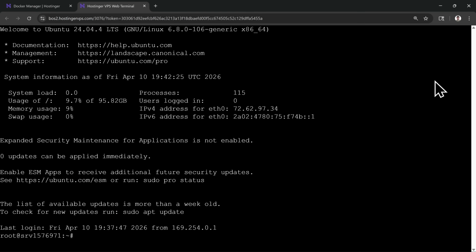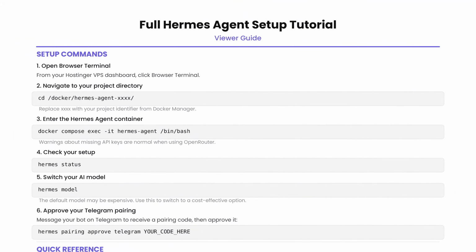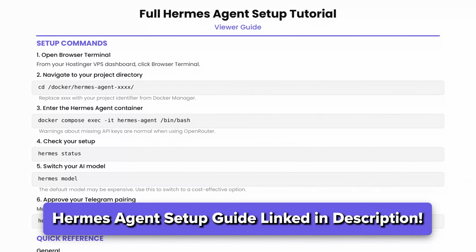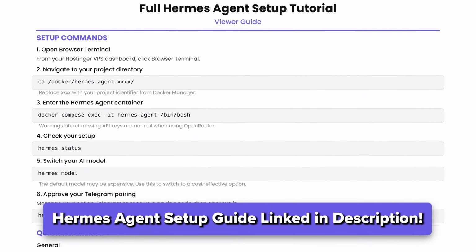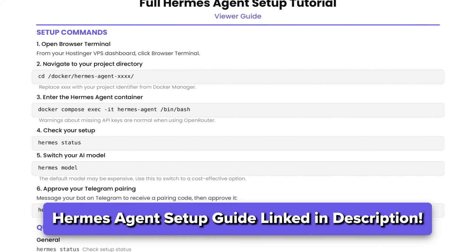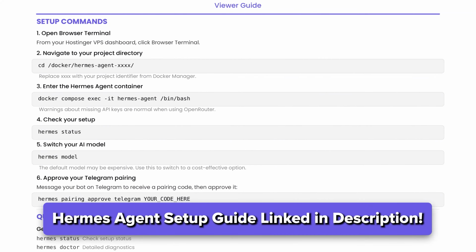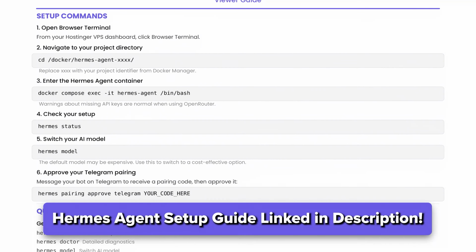I'll be entering a few different commands into this terminal throughout the video, so there's going to be a link down in the description that you can go to that will give you access to a Hermes agent setup guide. It's going to show you all of the different commands that I'll be using in this video and some other helpful commands for you later on. So go ahead and open up that guide in a separate tab or on another monitor and continue following the